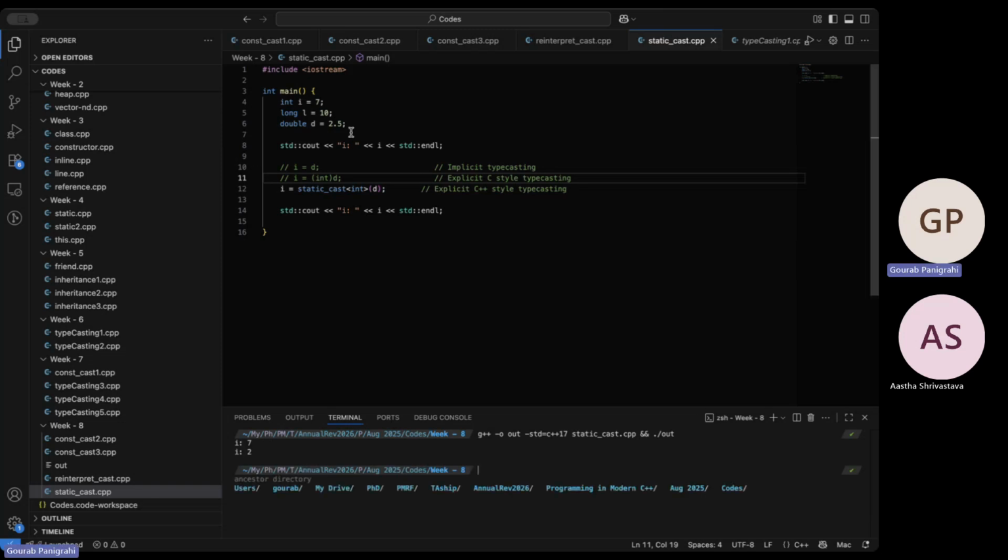So initially it had 7. After getting 2.5, and again reinterpreting, I wouldn't say reinterpreting, it's more like static casting, it's typecasting proper. Okay, so that will be 2. All right, so the slight difference is that when it's static casting, there